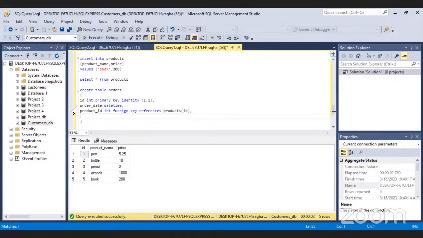Don't worry about the syntax. You can easily find it on the web. Just focus more on the approach and the logic, how I'm solving it. So it's important to focus more on the approach rather than the syntax in SQL. So now we have the product ID and then the shipping date.